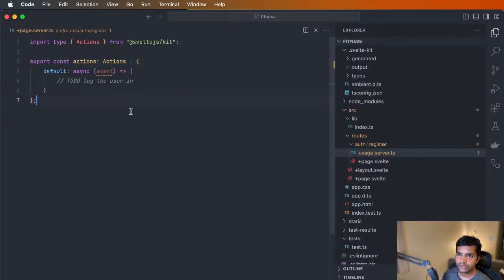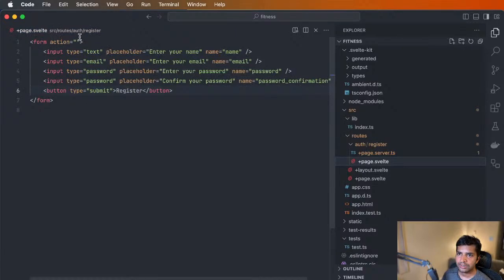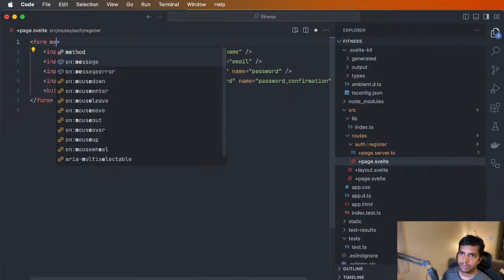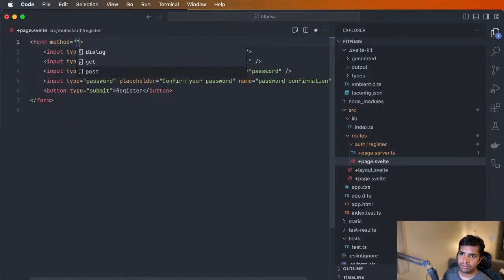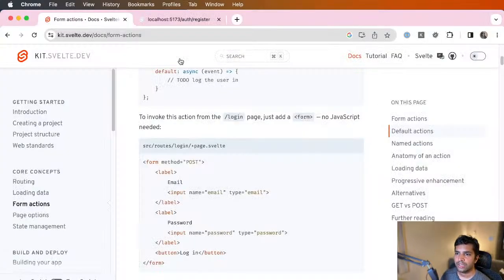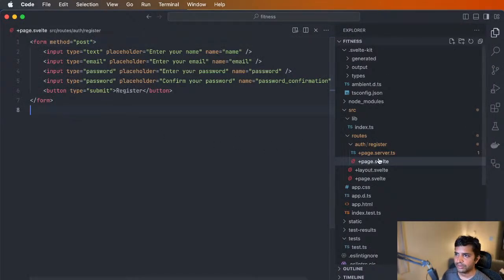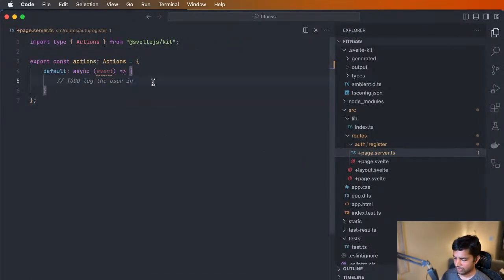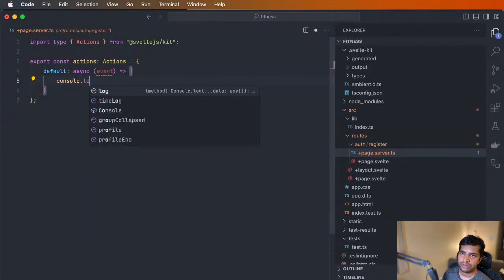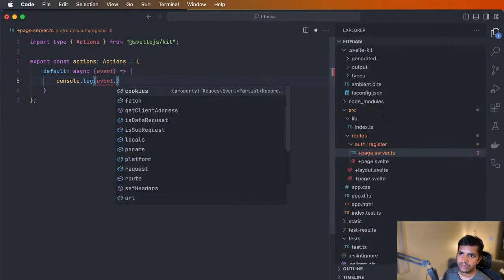Okay, method has to be post, let's do that. Method is gonna be post. Yeah, let's just log whatever comes through. Console log event dot,